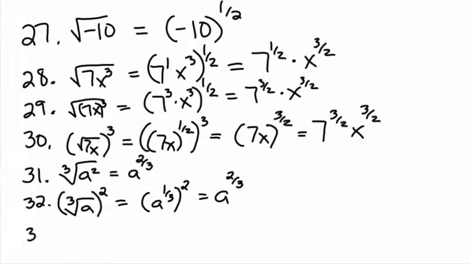33. I have the 4th root of c squared, and that's going to be c to the 2/4, which simplifies to c to the 1/2. In 34 I'll have to do on another page because it is rather lengthy. So then we go to 34,